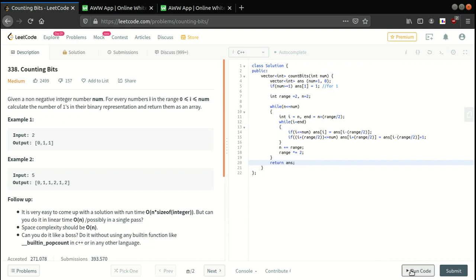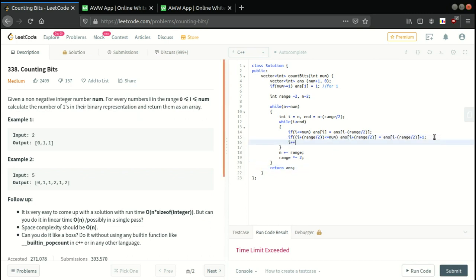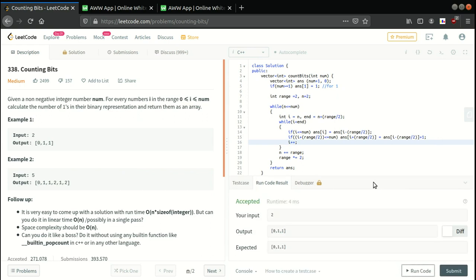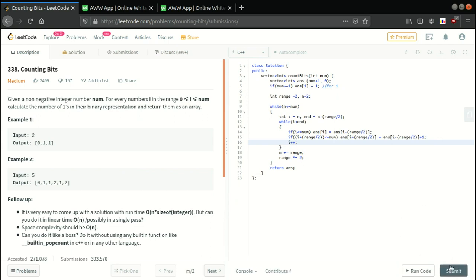Okay, so let's see if it's working. I guess we haven't incremented i over here, so the loop will not terminate. So i plus plus, and now try running it. Okay, accepted. So let's try submitting it.